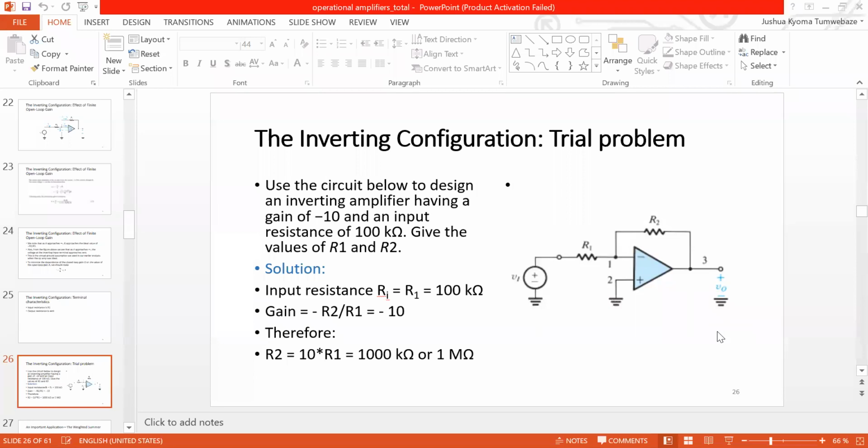The load will determine the current that will flow at that output, but on the side of the op-amp, the output impedance will be 0. Okay. So I think you'll get it with time as we go on. Okay, so I think we can continue looking at this simple example,